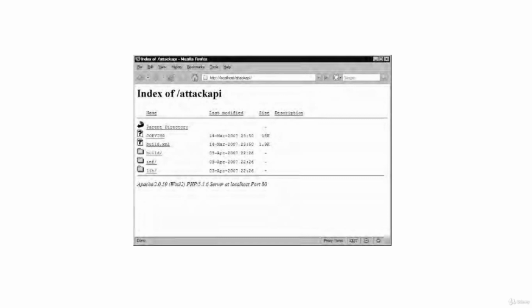Part 1. Attack API. Attack API is a web-based attack construction library built with hypertext preprocessor, JavaScript and other client-side and server-side technologies.